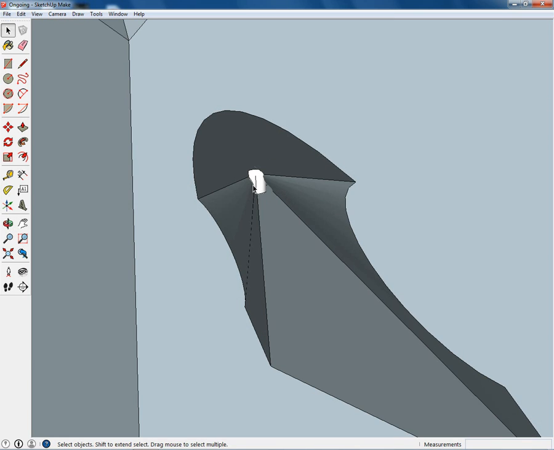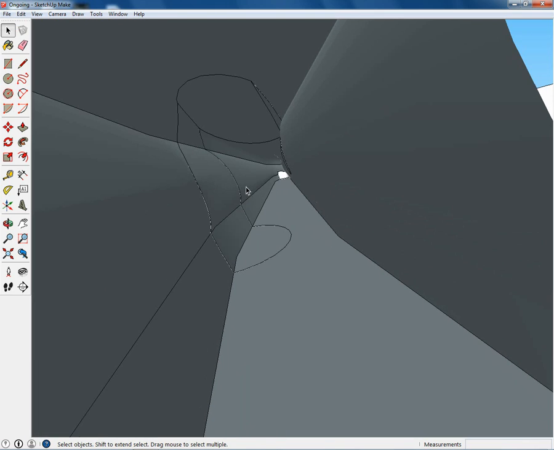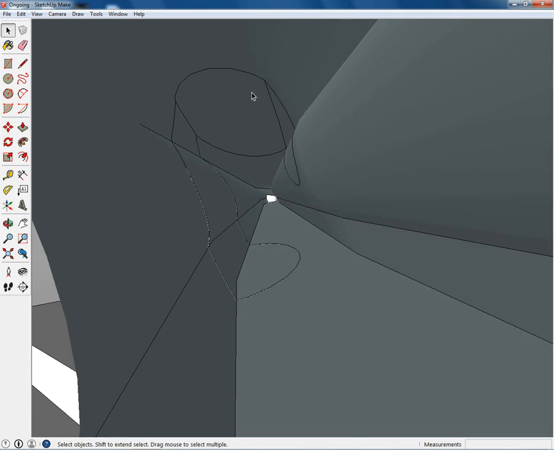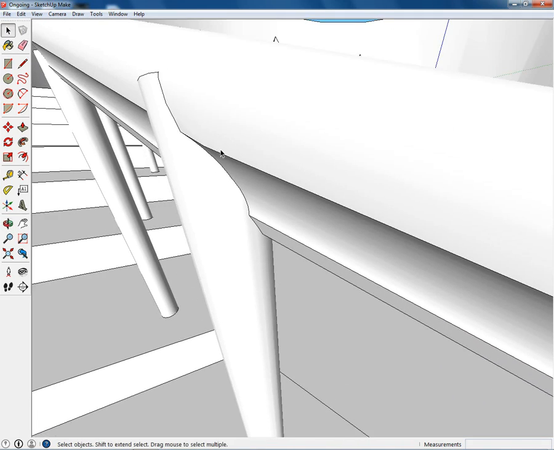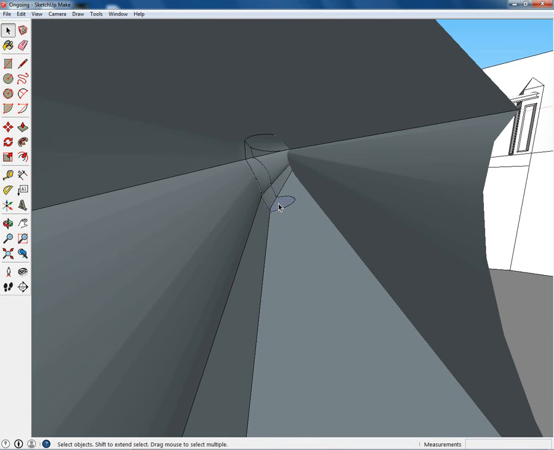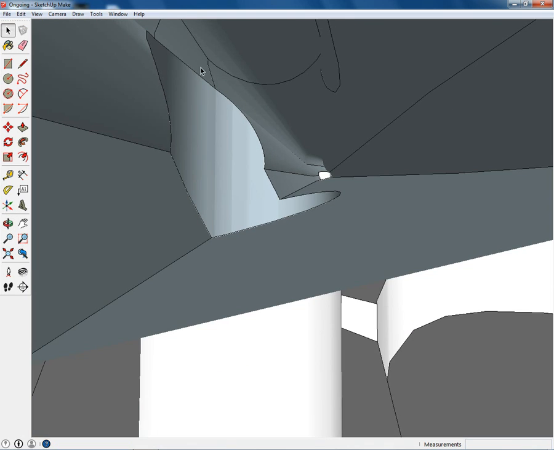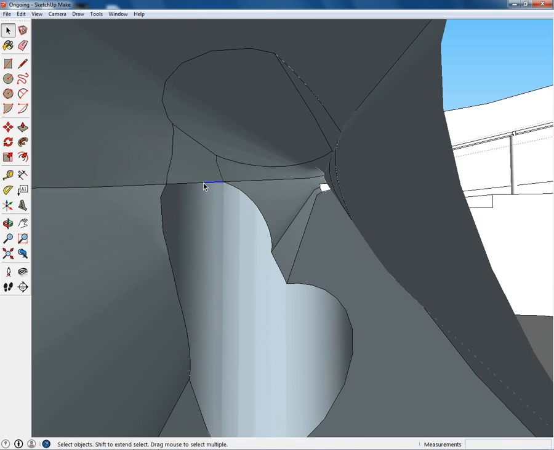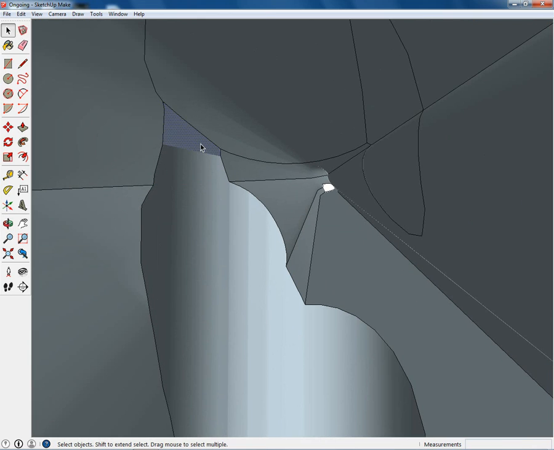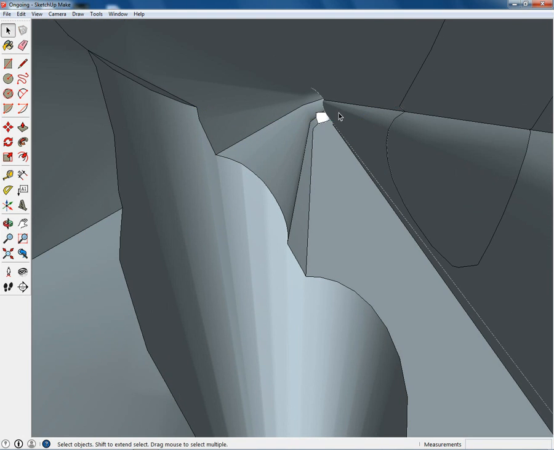Now we're moving in here. We're going to move in, delete, delete. Make sure we didn't delete anything on the outside here. Okay, everything's looking pretty good for the most part. We're going to delete this, this, this, this, until we start to see our circle popping up. Delete that face, coming up, delete, delete, delete. And that's where this comes in right here. We can go ahead and delete this,